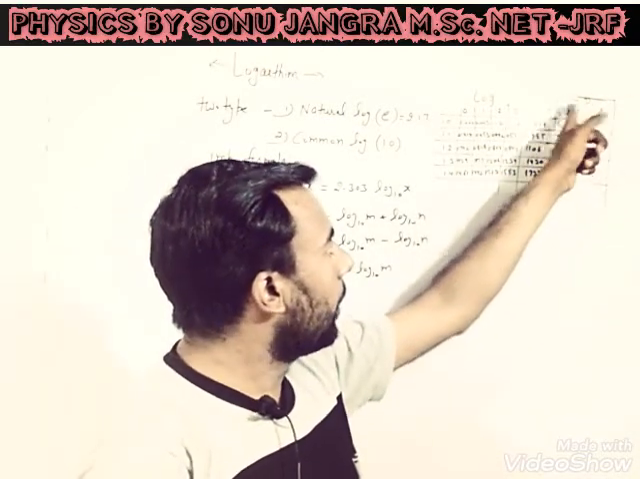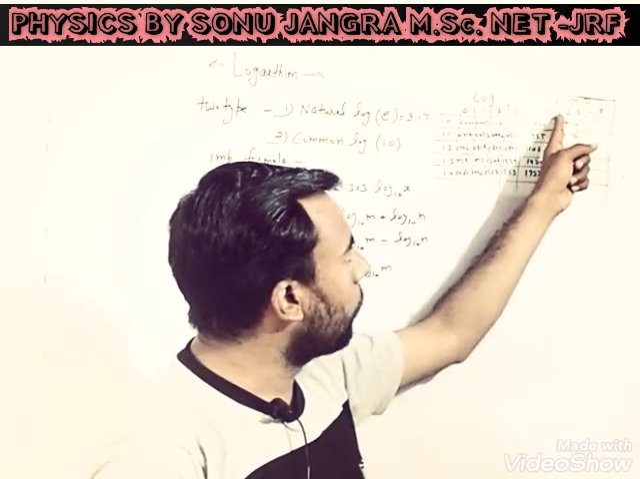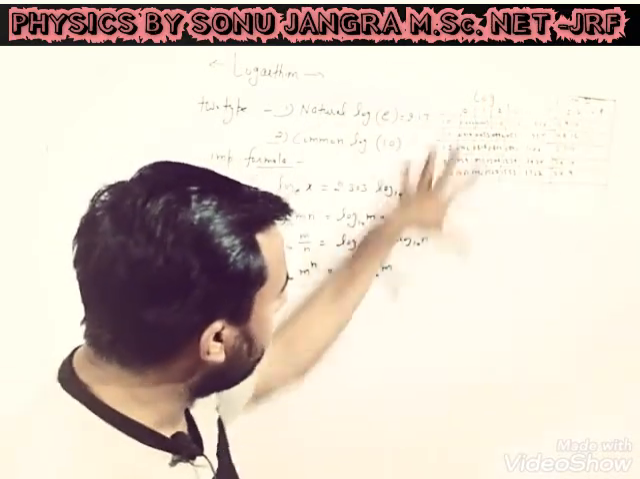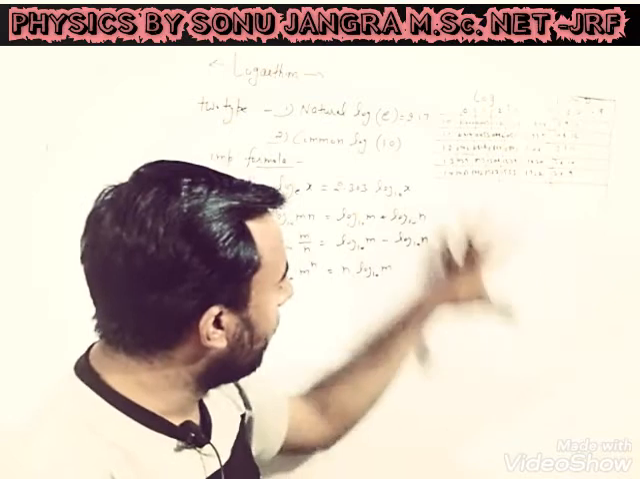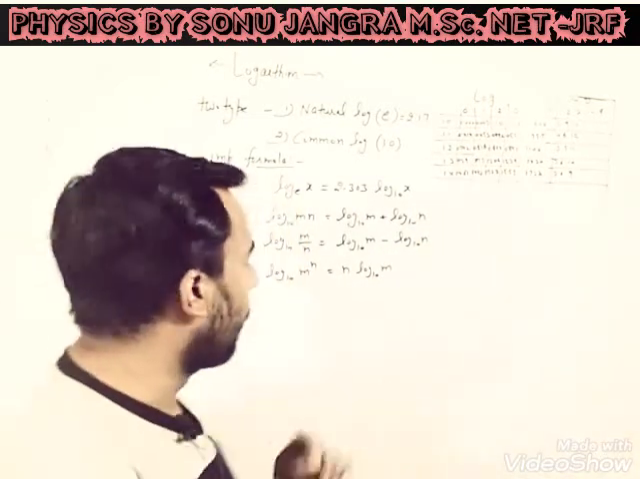In the log table there is a mean difference table also. In this there is also one number starting from 1 to 9. So various data are fed in this table. So how to use this table, we are going to discuss one by one. So first,